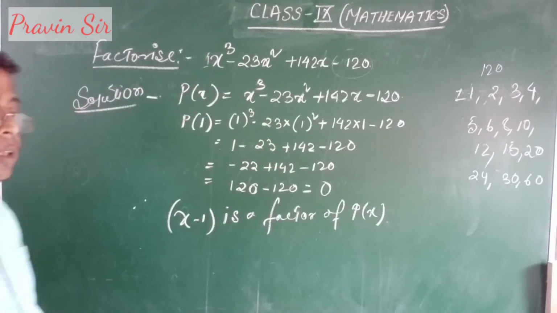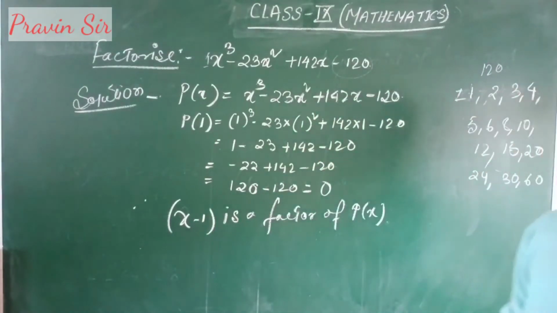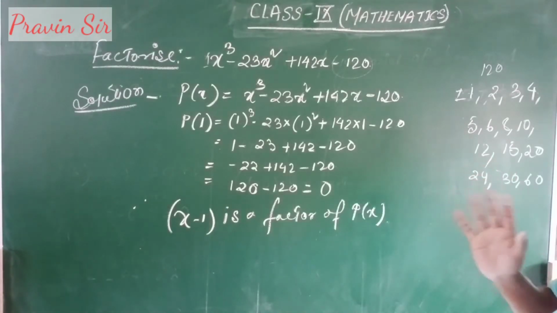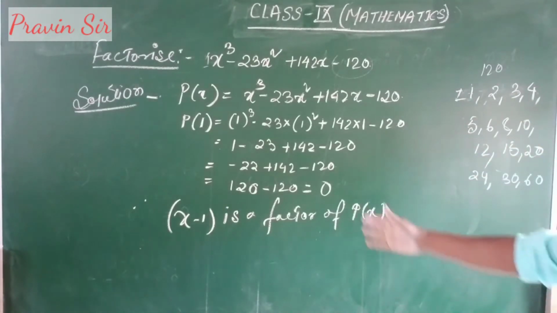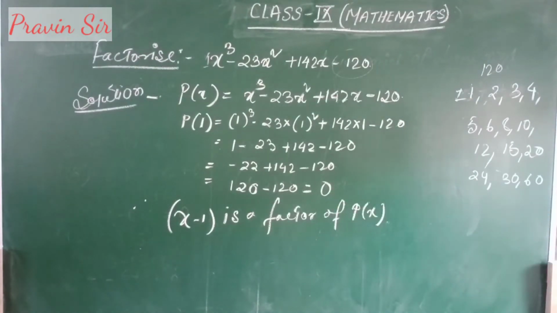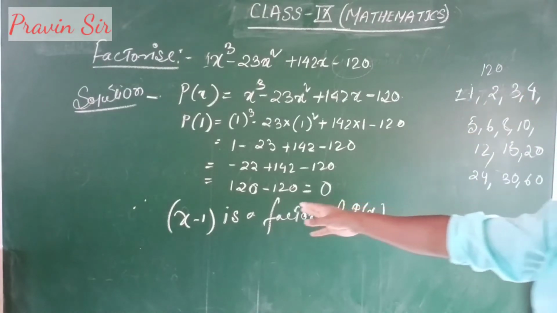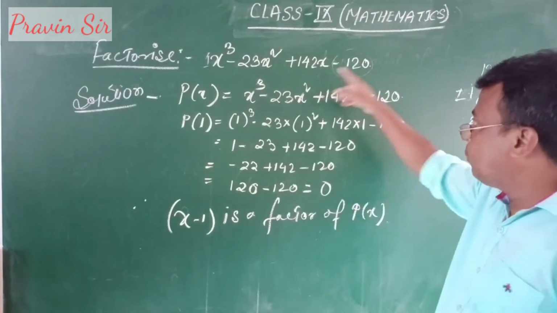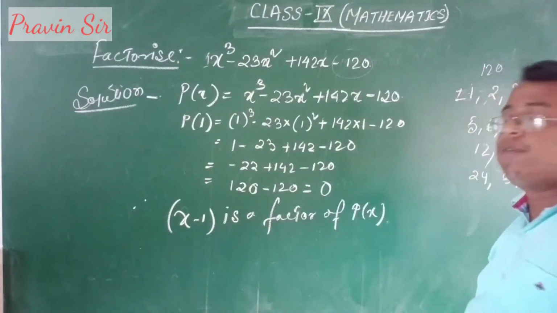okay. Now you see, one factor we got. Now still 2 factors are remaining to find. Now here we are lucky that by putting +1 itself, I am getting the answer what? This polynomial reduced to 0. Sometimes 1 बिठा रहा है आप नहीं आ रहा है 0, -1 बिठा रहा है नहीं आ रहा है, 2 बिठाने से भी नहीं आ रहा है, -2 बिठाने से भी 0 नहीं आ रहा है. After putting +3 also you are not getting 0, -3 also not you are getting 0, plus after putting +4. So it is trial and error method. But here in this question we are lucky that by putting 1 itself you are getting the answer 0. Means this polynomial reduced to 0, and that's why x minus 1 is a factor of this one we got